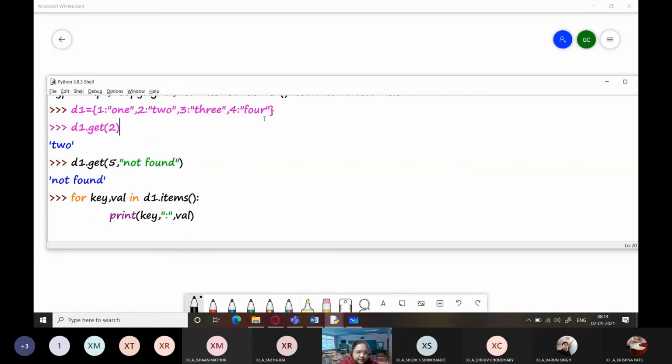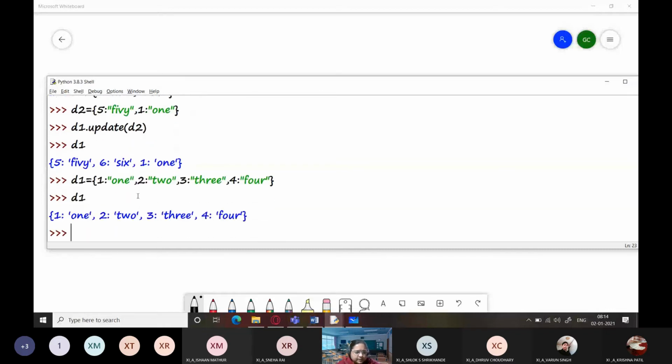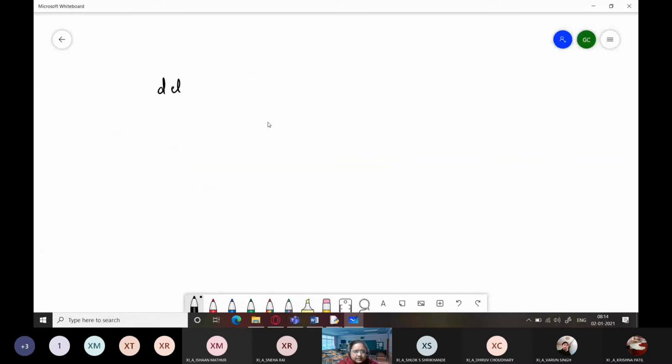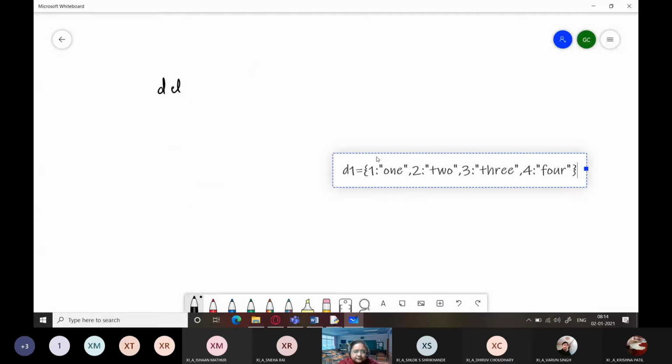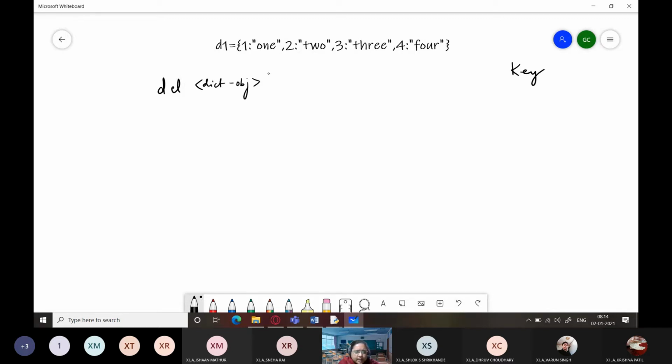So this is my dictionary D1, and let me show it to you. This is the dictionary, and I'm going to paste this over here. So this is my dictionary, right? And now I'm going to delete one element from the dictionary. In order to delete an element, you need to access the element, and in a dictionary, how do you access the element? Using the key. So del and the name of the dictionary. So I'll be writing here dictionary object and the key.